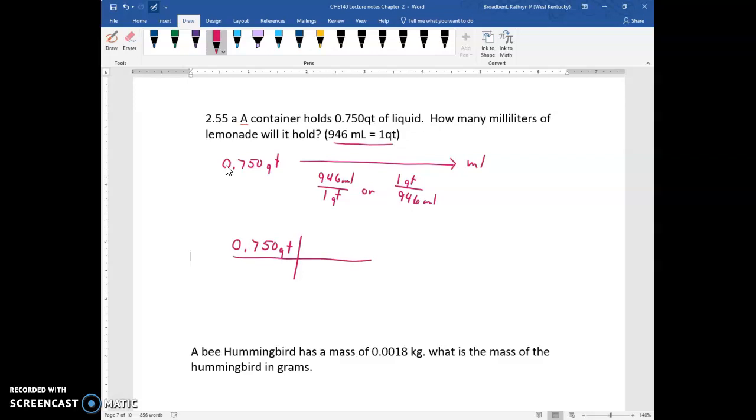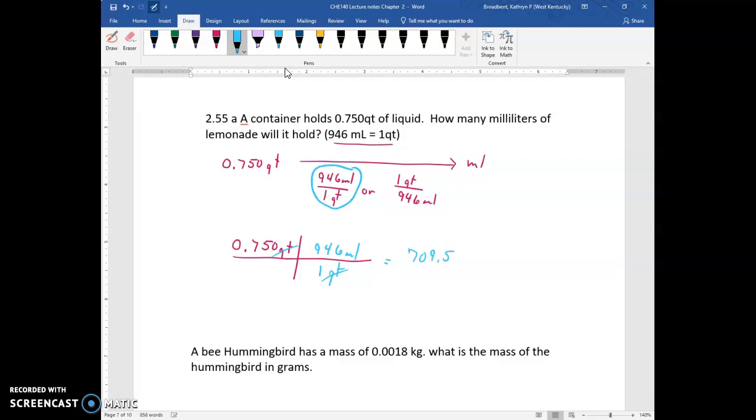Now we need to choose the conversion factor that will allow us to get rid of quarts. And that's going to be this one right here, 946 milliliters, 1 quart. That way our quarts are going to disappear and we'll be left with milliliters. So 7.5 times 946 and divide by 1, we'll end up with